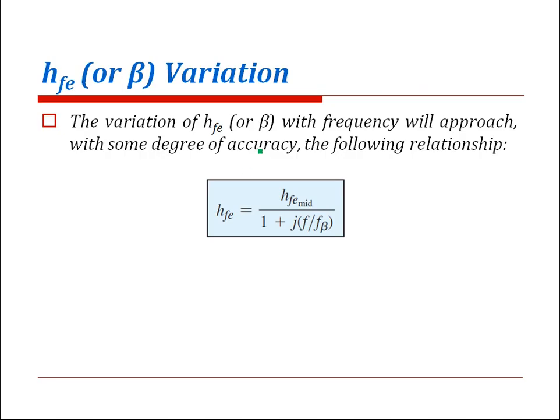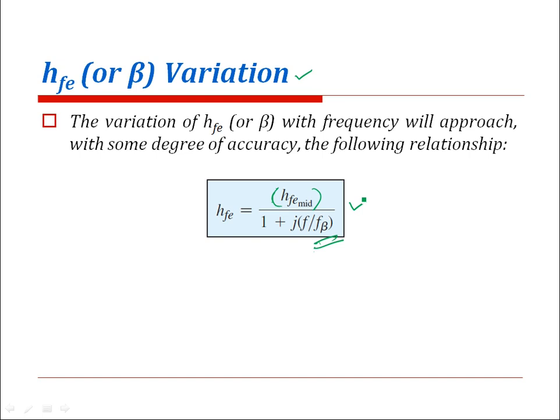Now another factor which contributes to the reduction in gain at high frequency is the beta variation, which we have already seen in lecture number 10. So an expression for the cutoff frequency because of this beta variation is given by HFE equals HFE mid band, this is the HFE during the mid band frequencies, divided by 1 plus JF by F beta. If you are interested, you may go through a detailed analysis of this beta variation which is given in Boylestad. I think it is beyond the scope of our discussion.